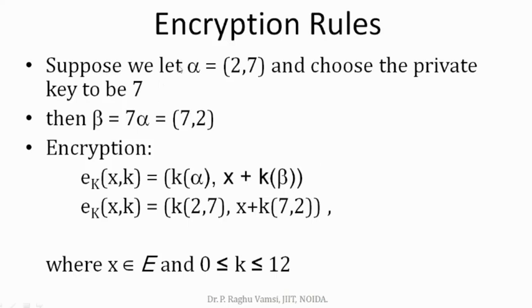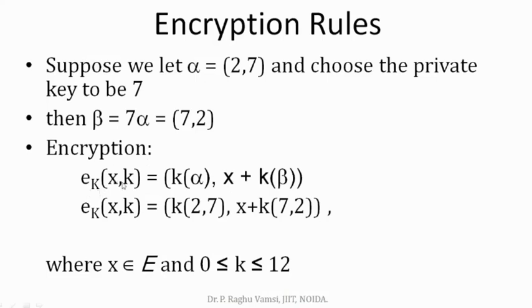Okay. And next, the E corresponding ASCII value will be taken and used here. So x is the value, meaning here E will not be directly added. E's corresponding ASCII character will be added with this k of β. And T's corresponding ASCII value will be taken and used here with addition. Like that, the encryption will be performed.